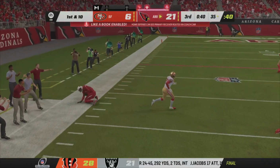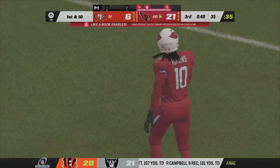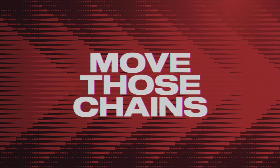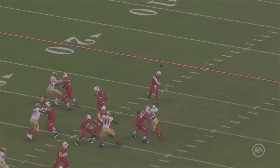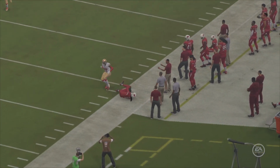On the sideline, did he keep his feet in bounds? They say yes. Great job, both feet in, 1st down. A gain of 26 on the 3rd down conversion. With the kind of game he's had so far, you had to know that on 3rd down,